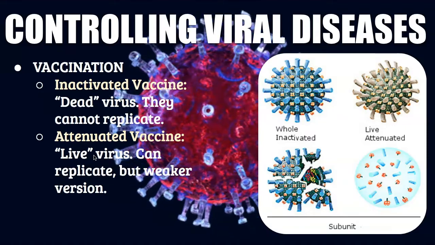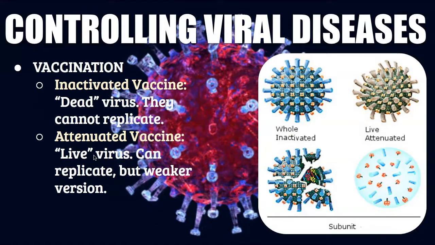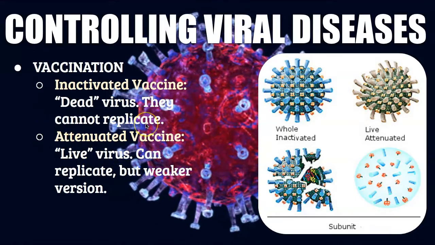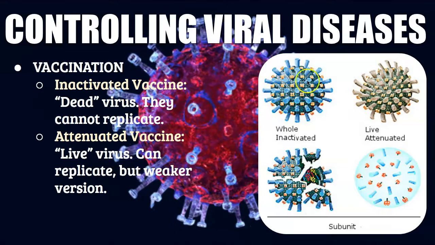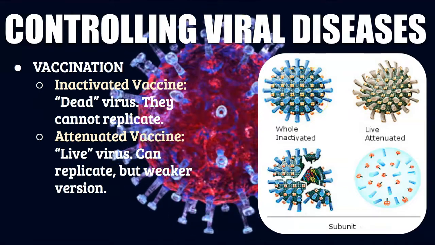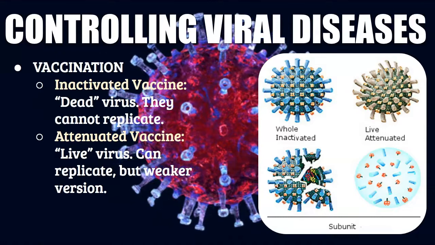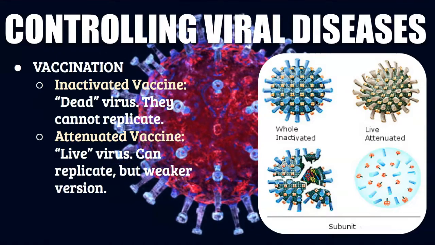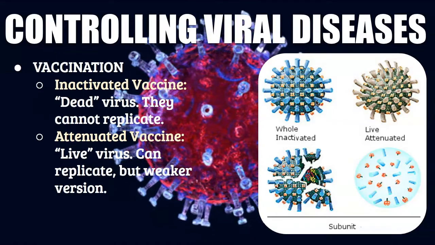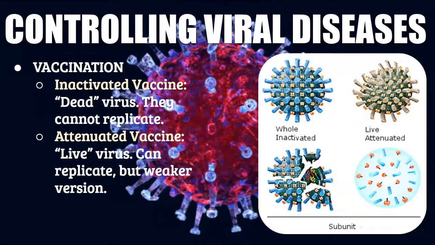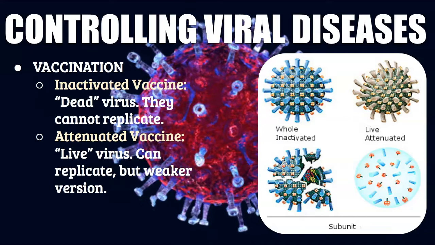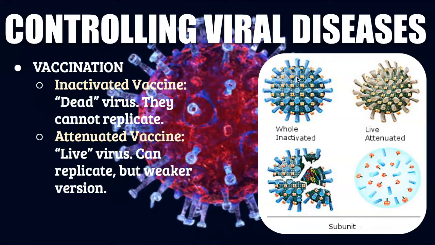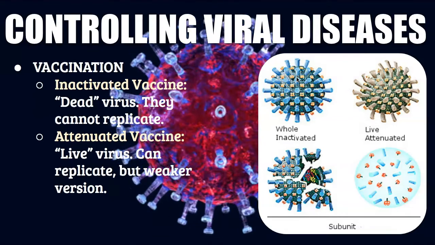Can it cause harm to the body? A dead virus is not going to be able to do anything simply because it can't be replicated. Somehow they've inactivated this virus where it can't go into the cell and reproduce. However, what's important with these vaccines is that the virus is now in your bloodstream, which means your body can start to develop antibodies against it. That way, every time it sees this virus pop up, it can start to destroy it. That's the whole point of the vaccine in the first place.